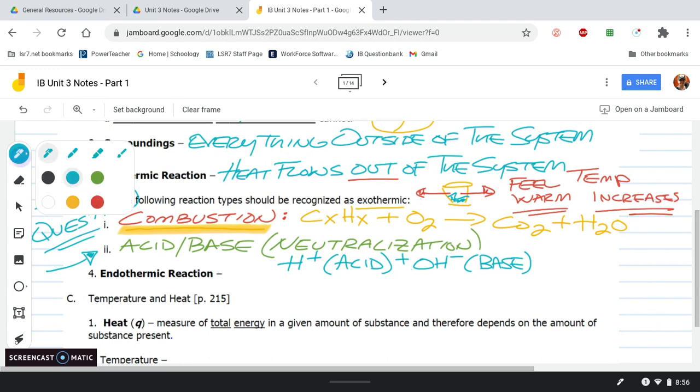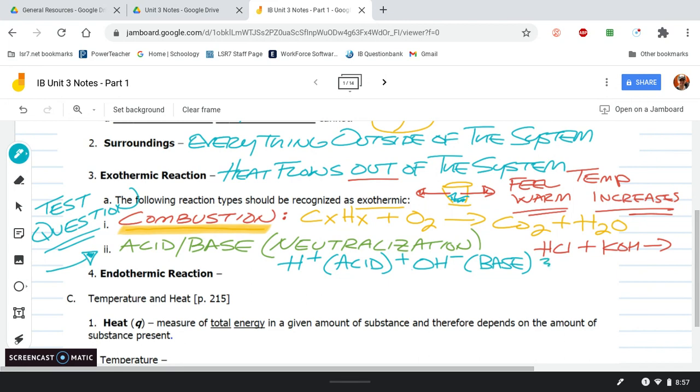I will give you a very quick example here. You could have hydrochloric acid, HCl, plus some potassium hydroxide. See, this is my acid here, it starts with H, and then there's my base, it's got the OH. You've got to be able to identify these. There's the acid, there's the base. And then what they turn into is